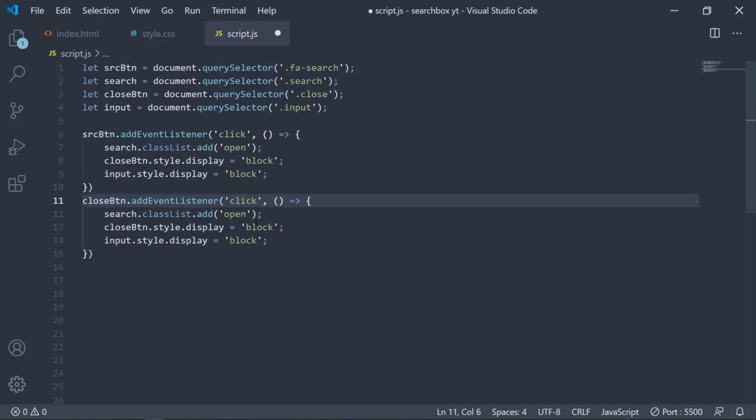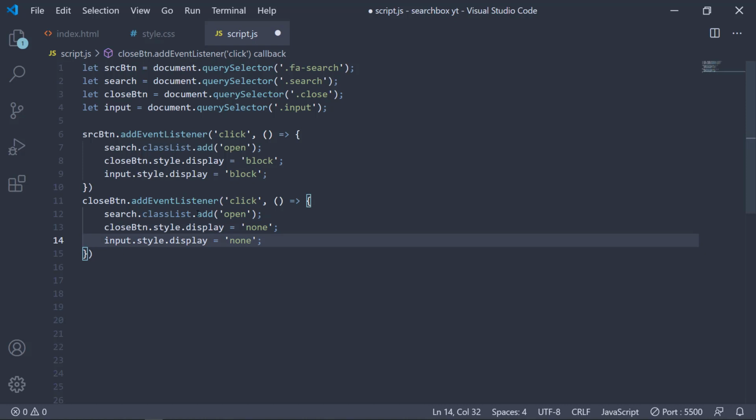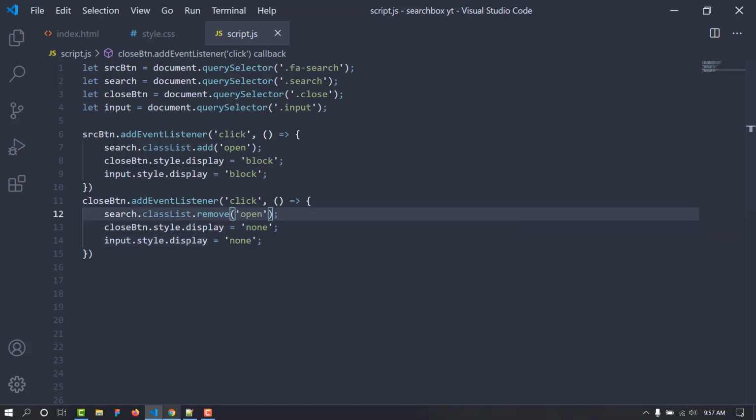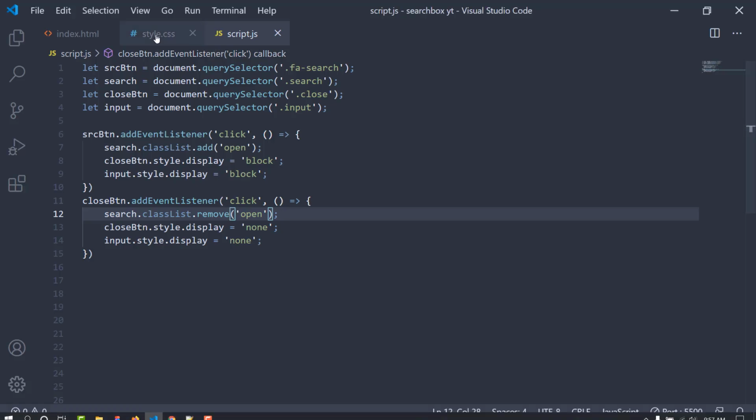When you click on that, something will happen. So now the close button style display is block, so we are going to make it none, also none, and in this case we are going to remove it. I think it will work. Let's click here, it shows, and if we again click it, it's gone. So this is it, but in here as you can see it is going in some kind of box-like shape, and if you don't want that we can do some modifications.